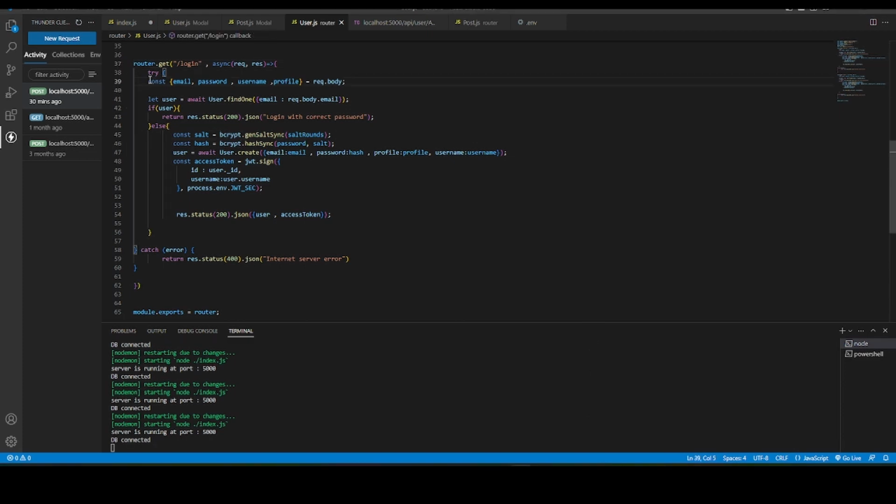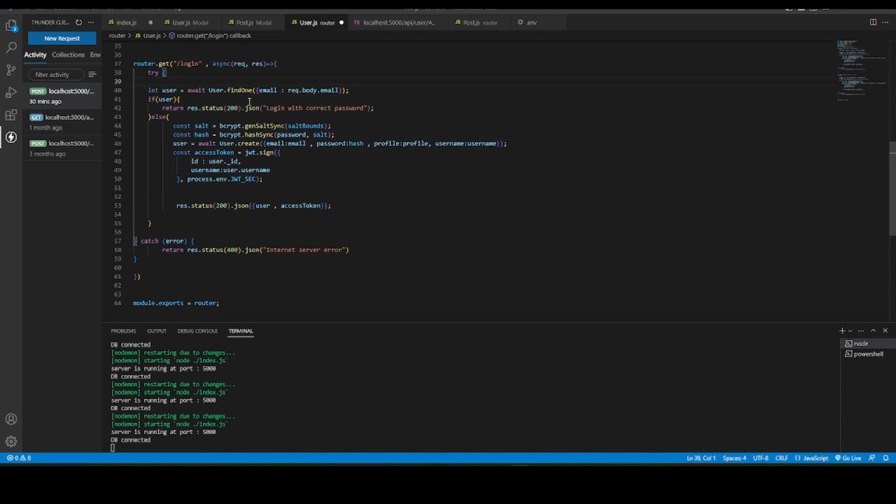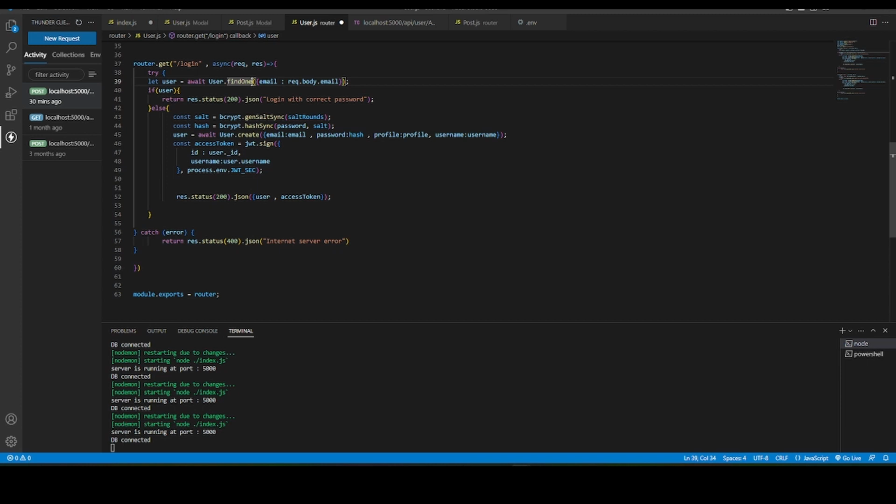Okay, so now what I'm going to do is first remove this, and I'm going to find a user first, and if the user exists, then what we need to do is write a const comparePassword is equal to await